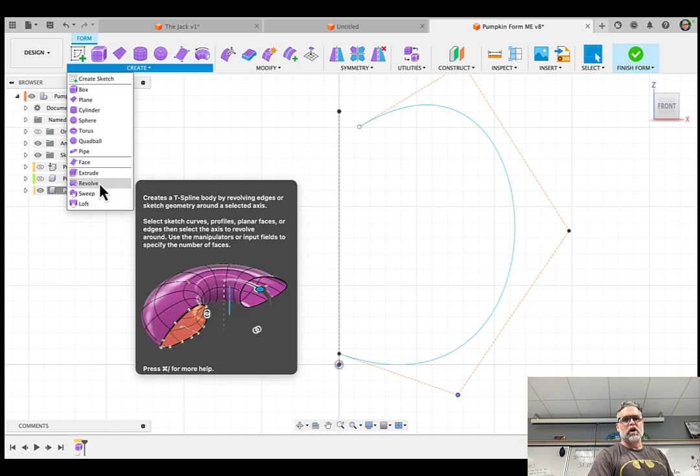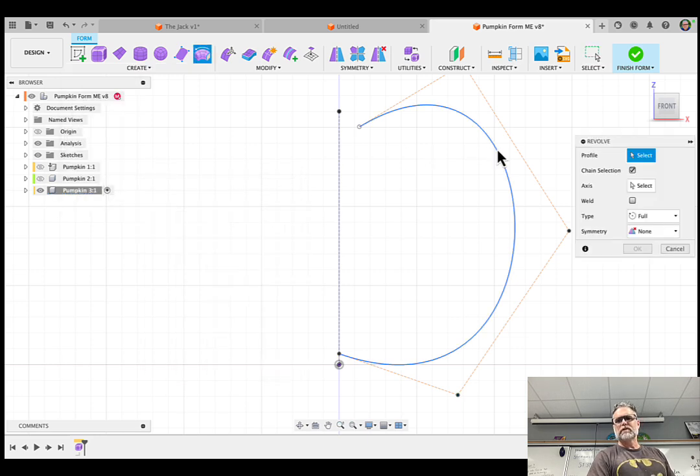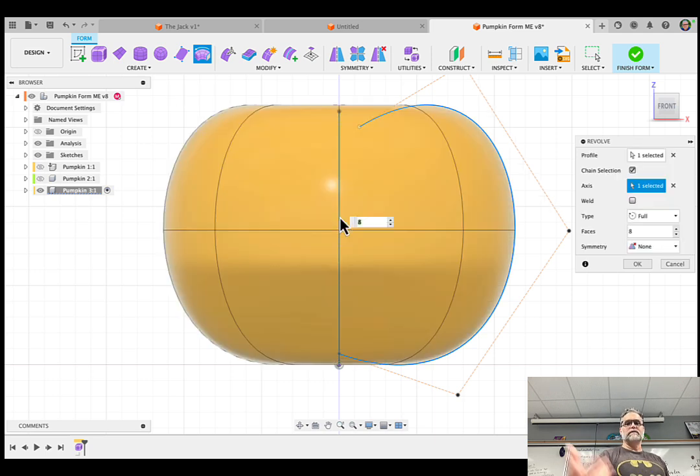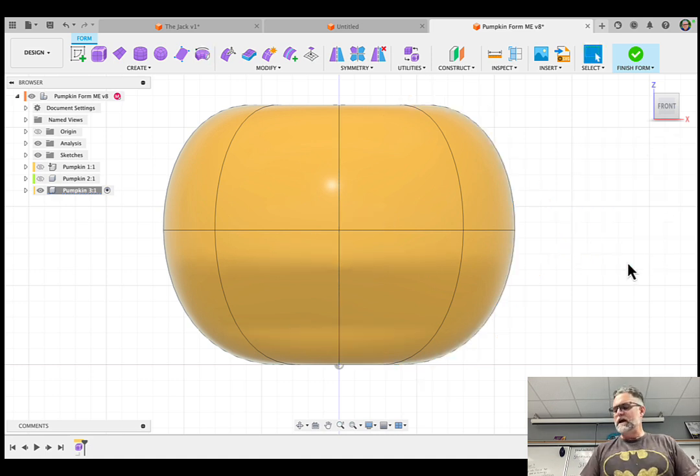So let's go to the revolve tool, and then I'm going to select this profile, and then I'm going to change my select to the axis right here. Click, and then I'm going to click my construction line, and there we go. I've got myself a form to mess with. And that should be good. I'm going to go ahead and click OK or hit the return key, and now we are moving on to